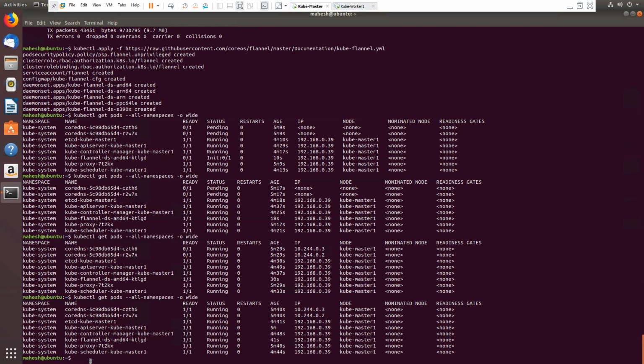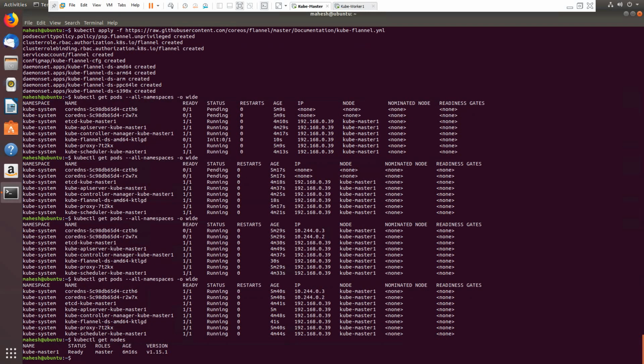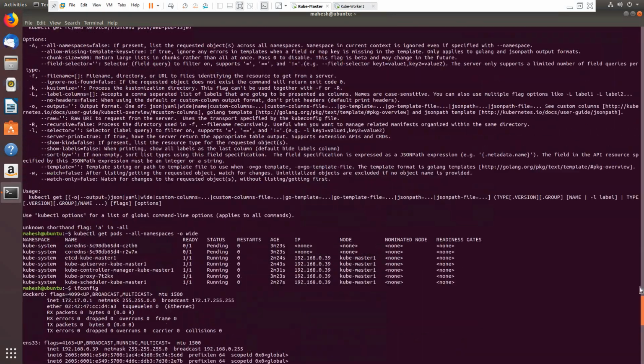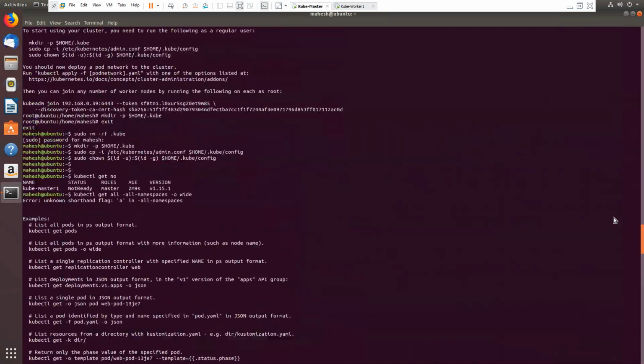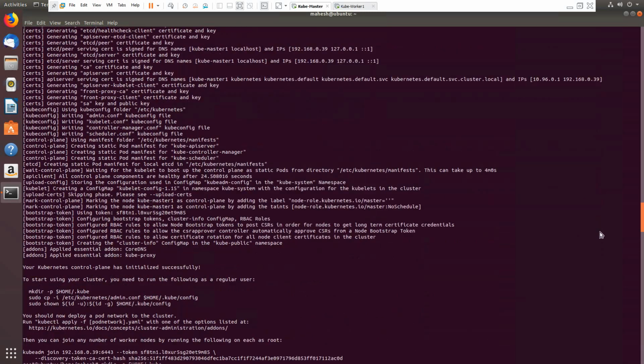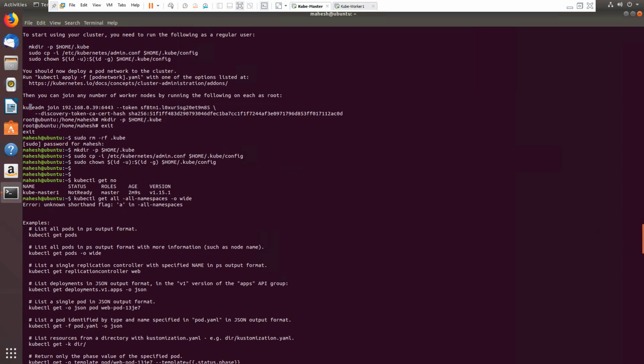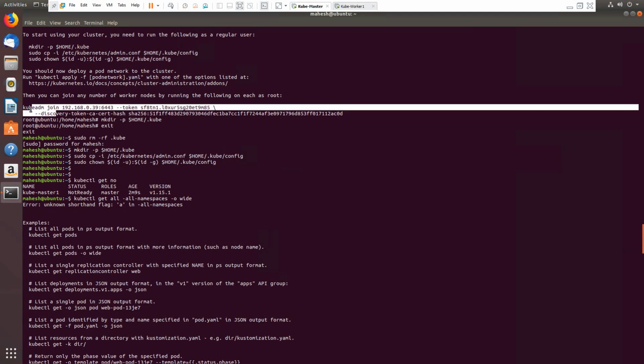So now let me issue the kubectl get nodes command, and as you can see, now the status of the kube master is showing as ready. So now we are good to join my worker node to this cluster, and to do that we will use this command,